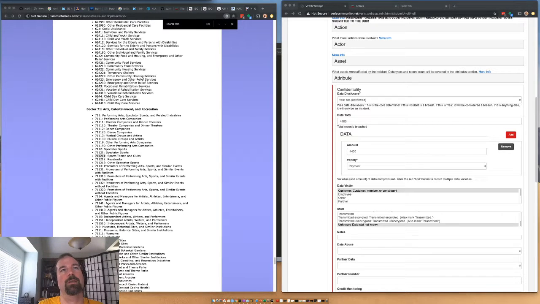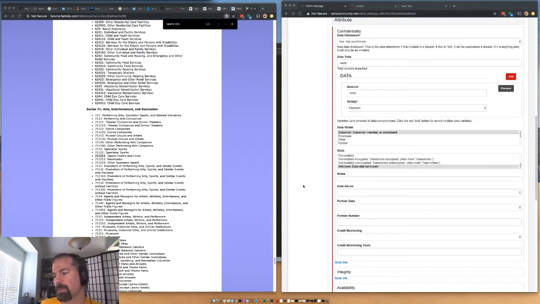Confidentiality dot state dot unknown is "data stat not known", should be "data state not known". And we'll just put that as an issue to fix the next time we update VERIS. A very simple thing to fix. Doesn't really change the way VERIS works for anyone.